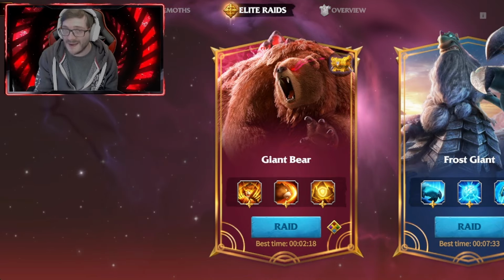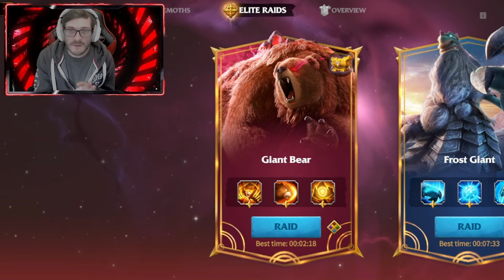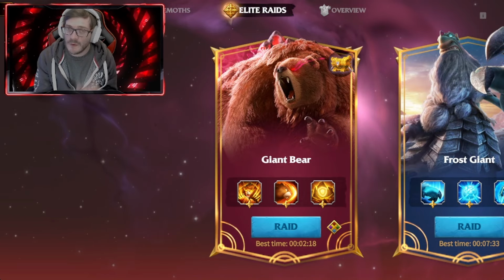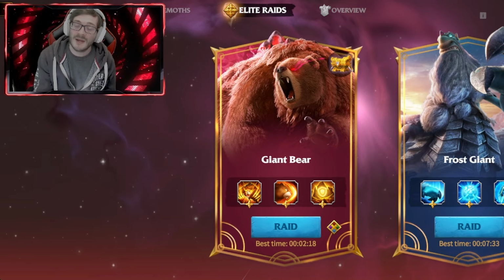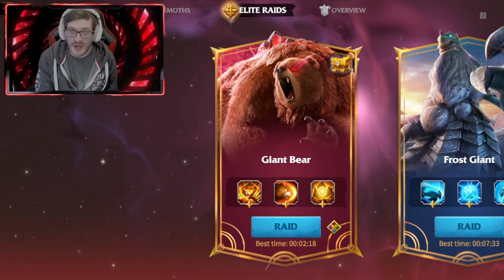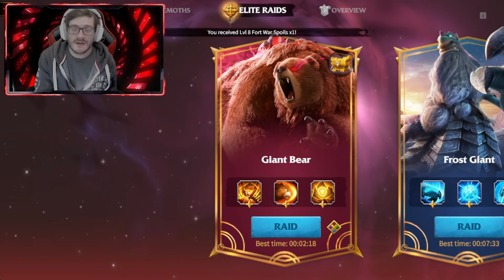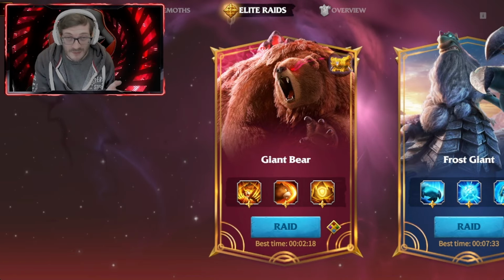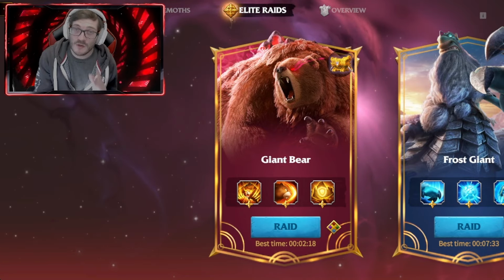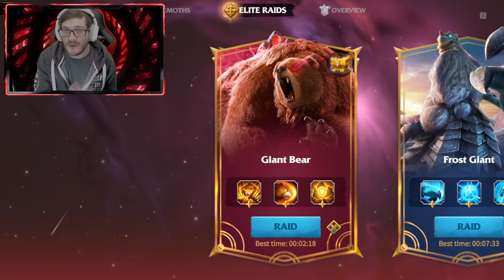In order to get access to this elite raid frame, just remember you do need to complete the normal raid. And the normal raid has a timer of 6 minutes. So if you hit the 6-minute marker, you will notice the giant bear will enrage, and it deals about 1,000% more damage, and just melts your whole troops. So you've got 6 minutes on the normal timer, and if you want the elite raid frame, you're gonna need